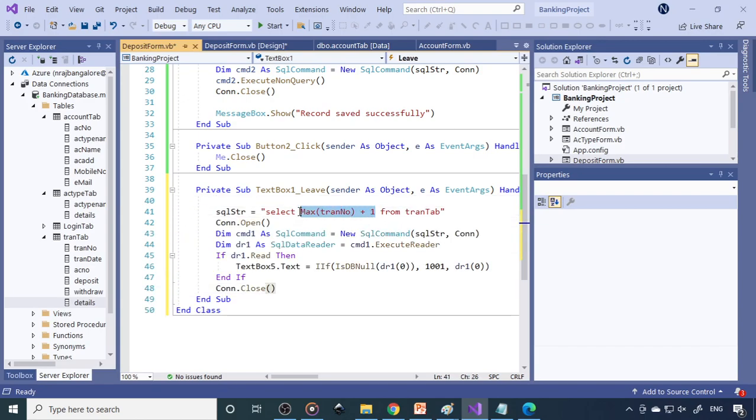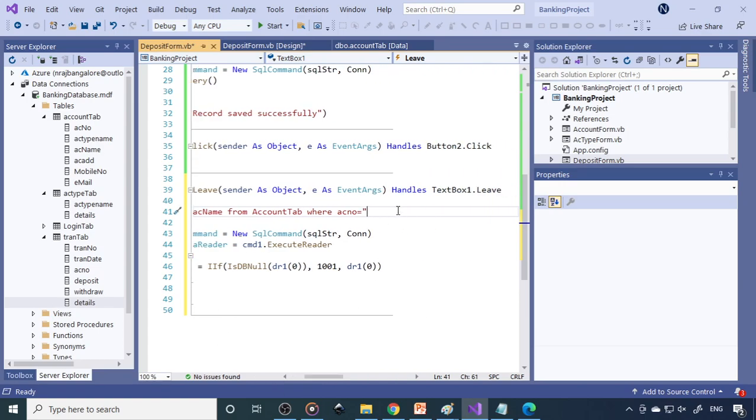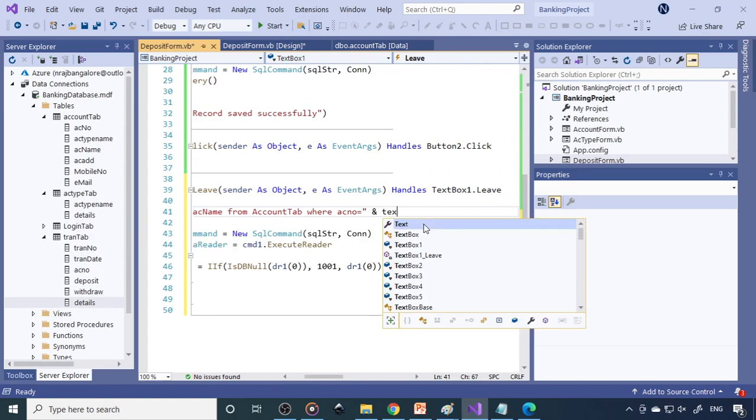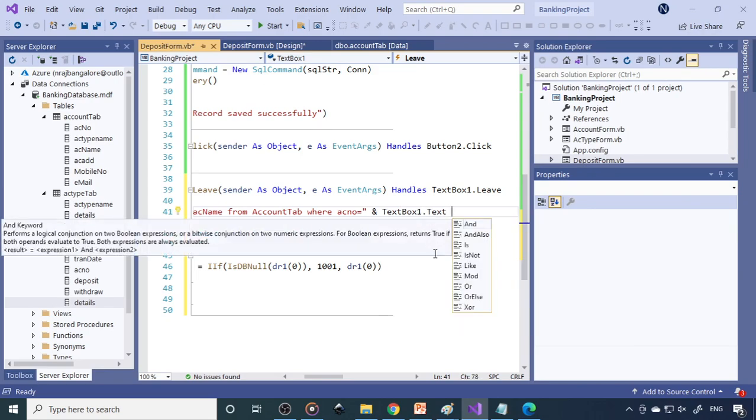Now you have to say select AC name, the account holder name, from the account table. Where is compulsory, because for which account it is, where account number is equal to text box 1 dot text, whatever values are there in text box 1.